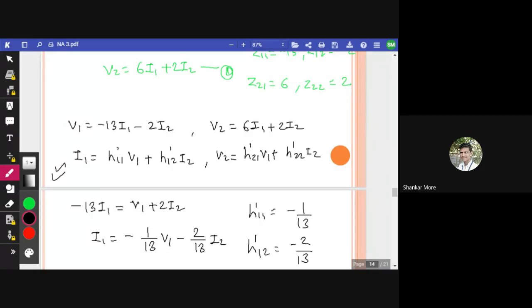ठीक है, clear है सबको? Now पहला, see the relations. These all parameters are like based on each other. h parameters में हमने क्या किया था, h पैरामीटर्स में हमें जो पहला इक्वेशन चाहिए था v1 के लिए, तो उसके लिए हमने दोनों इक्वेशन को यूज किया, लेकिन जो दूसरा इक्वेशन चाहिए था हमें i2 के लिए, वो डायरेक्टली हमें मिला था।